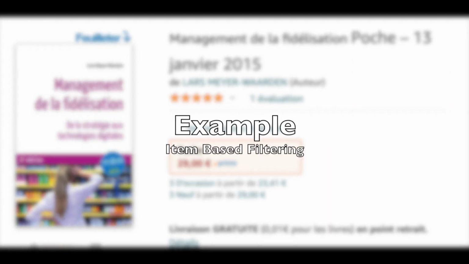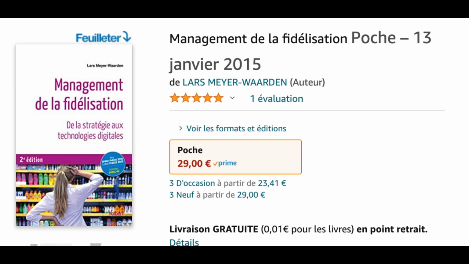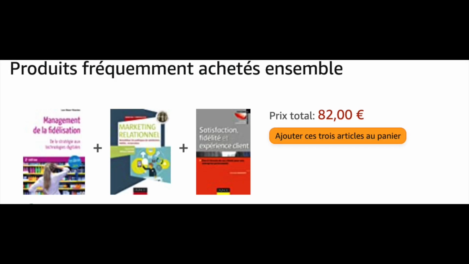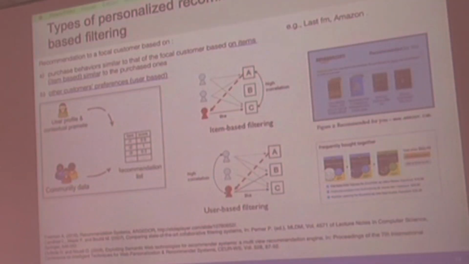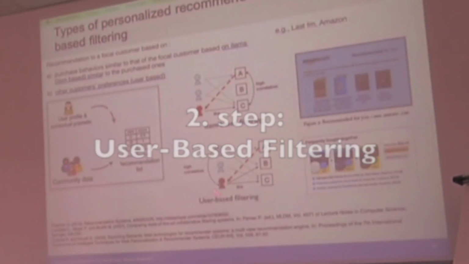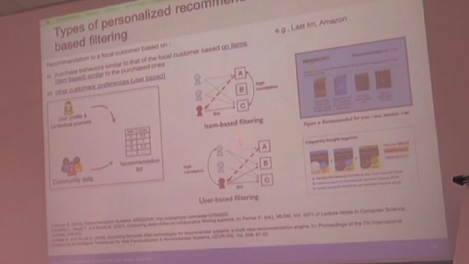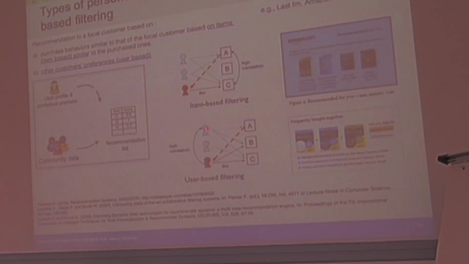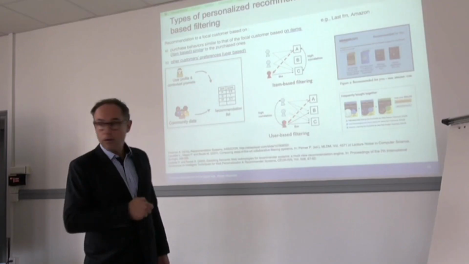If you like books about customer relationship management, you might be interested in my book, but also in books similar to this. Books about loyalty might be related to customer relationship. So this is item-based filtering. This is combined also with user-based filtering. So it's users who bought products B and C. So other books about customer relationship management might be similar to you. So books they bought in the past might also be recommended to you.